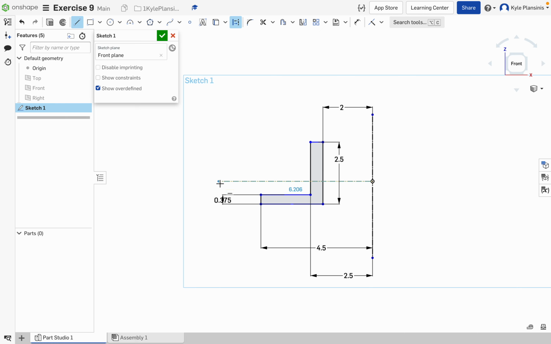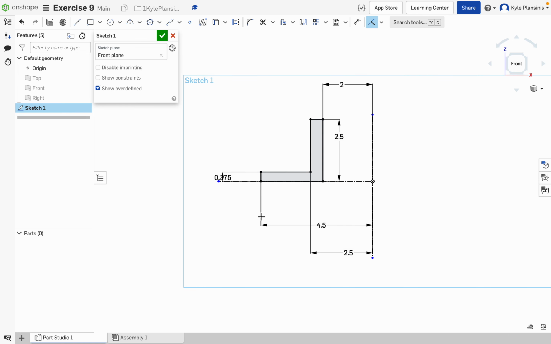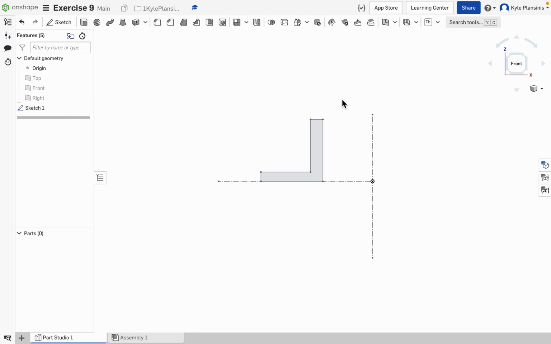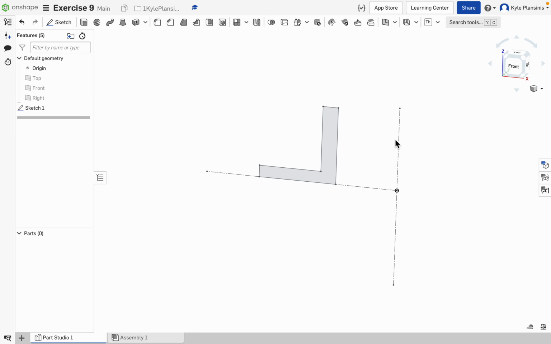So I'm still missing a few lines here, and we're going to add in just another construction line just to make all this snap into place where we want it. So I can choose any one of these horizontal lines. It does not matter at this point in time, but you can choose any one of these horizontal lines and choose to make it coincident. So I'm going to make this line. Now let's go with the, oops, I did something wrong there. So Command Z to get out of it. I'm going to use that coincident constraint, and I'm going to make this line coincident with that one. So now, because it's locked into this XY position, that means it's locked in dimensionally. So I'm going to hit my green check mark,